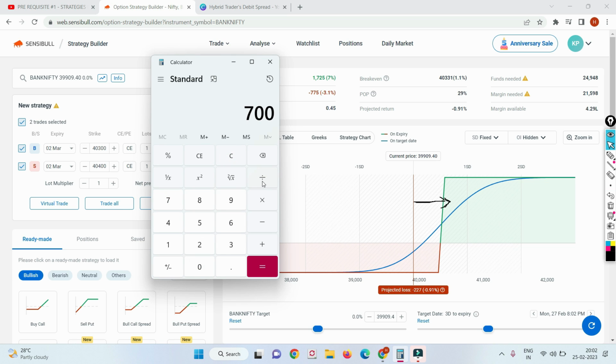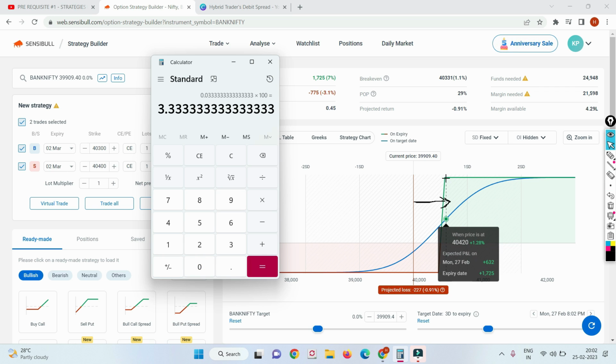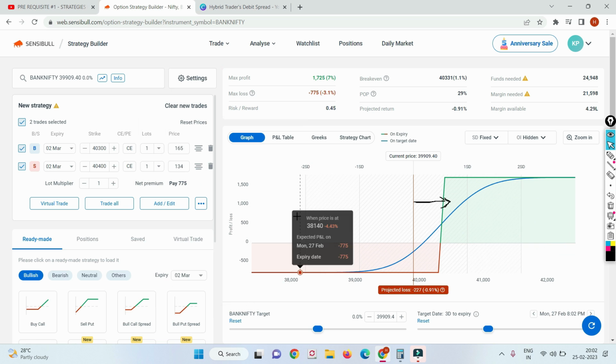The moment you deploy this trade, divided by, let's say, 21,000, just to show you, into 100, which is almost 3%, guys. So tomorrow morning when Bank Nifty makes 1%, you will get a potential of 3% profit. Then you can either exit the trade, or you can convert it to a sort of